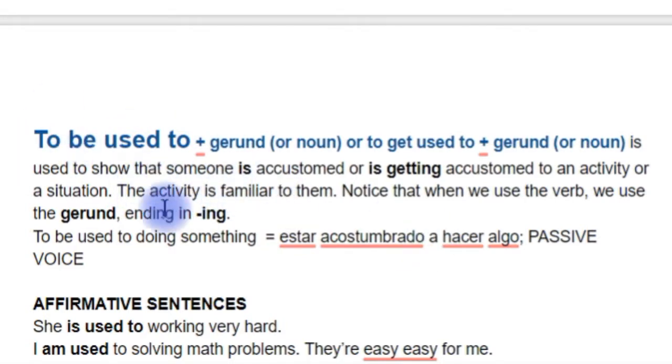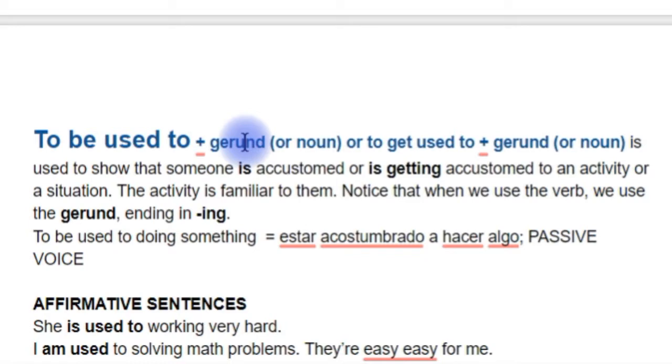Now we are going to take a look at to be used to. With to be used to, we have the verb to be, so this is a passive voice, forma pasiva. We are going to use it with a gerund or a noun. So I am used to working. She is used to working very hard. Or I am used to hard work. You can use the noun, or if you use an activity, an action,